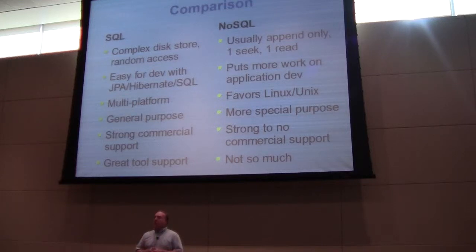We can determine everything. It's very complicated, with random access and the things that it does; it measures disk speed and spindles, all these kinds of things, to be as fast as it can on disk. A lot of the NoSQL stores completely punt here and just say, you know what, I'm going to make my on-disk representation as simple as possible. I'm just going to do append-only style writes, and when I do reads, I'm going to keep an index in memory. I know where that thing lives. I'm going to do a seek, I'm going to do a read, and then I'm done. I'm going to rely more on the operating system to help me cache all this stuff to make it more efficient.